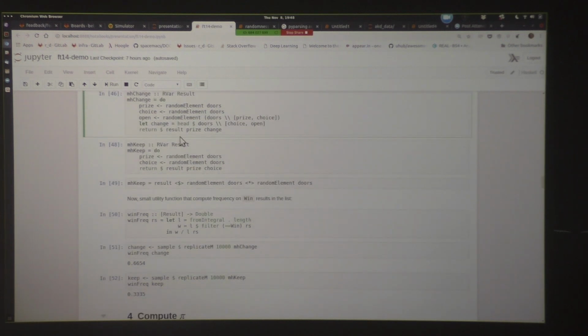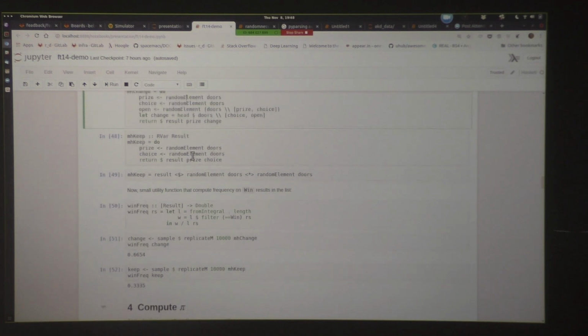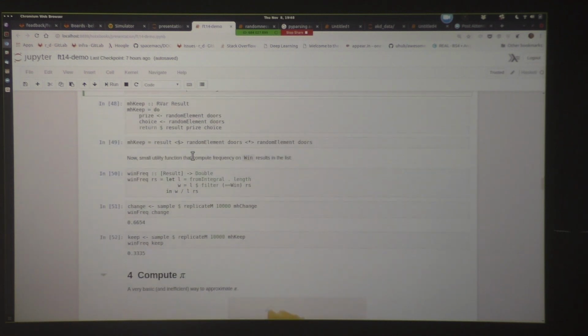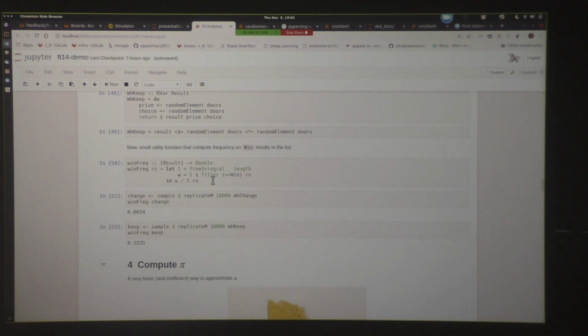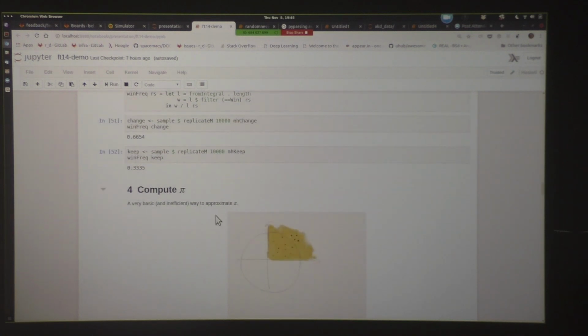Actually, that's quite an interesting problem, because with 3 doors, it might happen that it doesn't depend that much on distribution. Unless, of course, you learn from trials that the car is always behind door 1. But if you don't have this knowledge, then I guess it might even not depend on that.